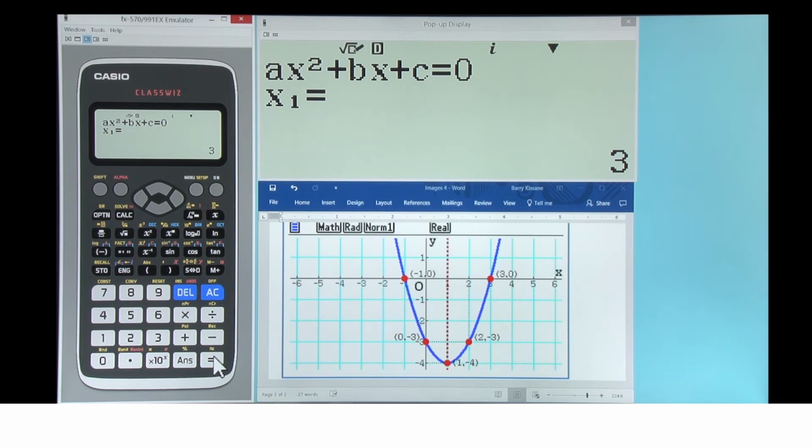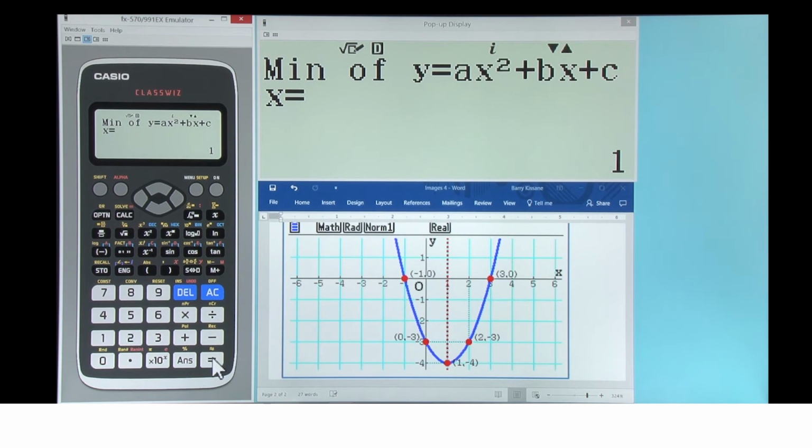One of them when x is equal to 3, and one of them when x is equal to negative 1. We saw those from the table. The class quiz now is finding them automatically. So again, if students are drawing a graph, it's an easy thing to do. And if we tap equals again, we see the minimum value of the function when x is equal to 1,